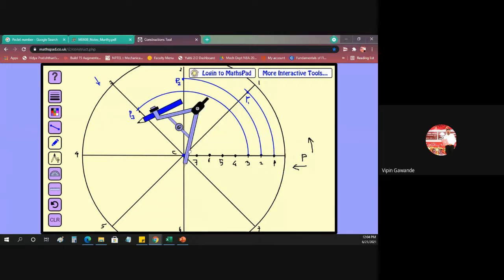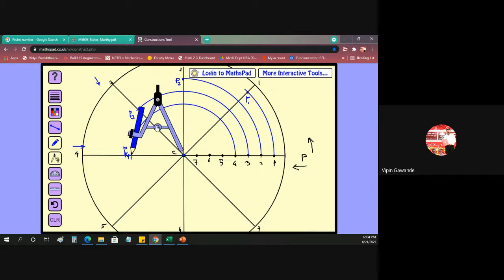Now, on a similar basis, we take the C4 distance in the compass. Then when the CP line is here, how many divisions will it move? Now it is on 4, so it will take 4 divisions: 1, 2, 3, and 4. So it comes here, and this is our P4 point. You name this P4. So the logic is, whenever this CP line revolves and comes here, it moves 4 divisions inside. We have taken the C4 distance and cut it here.